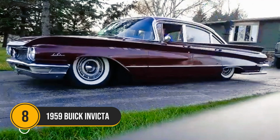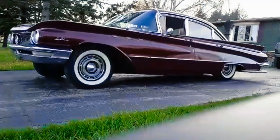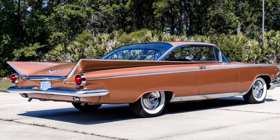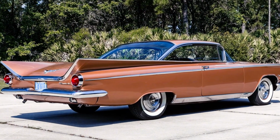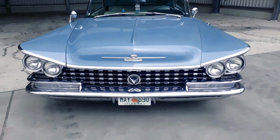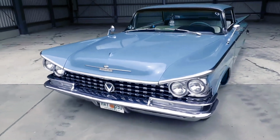Number 8, 1959 Buick Invicta, a car that promised power and performance, but fell short of becoming the sportier option Buick wanted it to be. On the surface, the Invicta looked like a contender, with its bold design and powerful nailhead V8 engine. However, when you scratch beneath the surface, its shortcomings in handling and agility made it a disappointment for those seeking